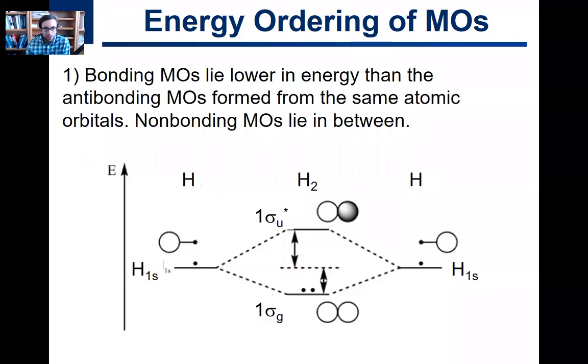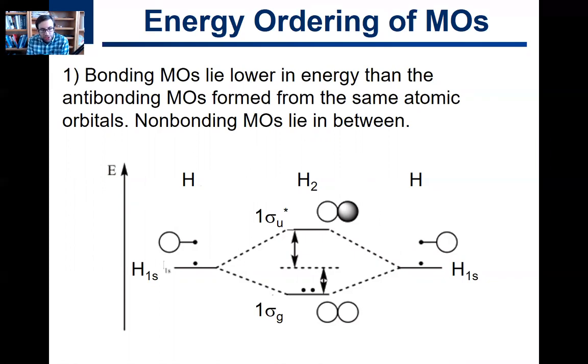So the different molecular orbitals that you can form obviously have different energies, right? And this is going to be very important in making molecular orbital diagrams and coming up with the overall energetics of any system that you care about. And so we're going to go over some guidelines of how to order any given set of different molecular